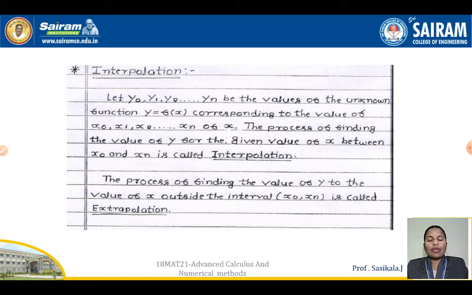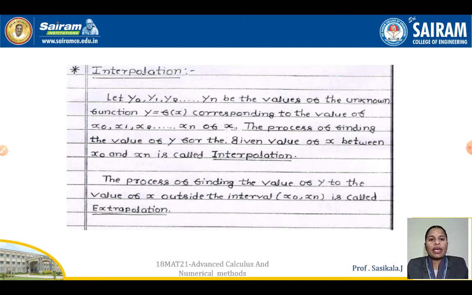We have x and y. For each x value we have the corresponding y value, in the equation format y is equal to f of x. Depending on the x value, the y value will keep changing. So we have a set of values of x and y. In that data we have to calculate a particular value. We need to find the value of y at a particular x value which does not exist